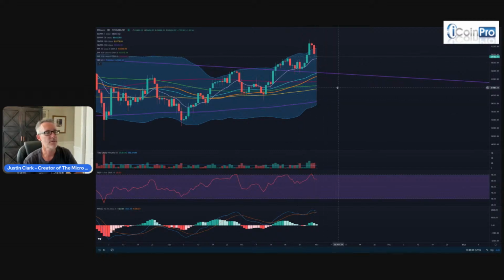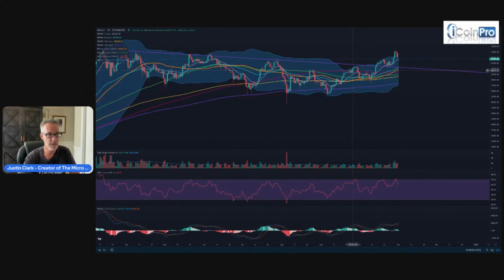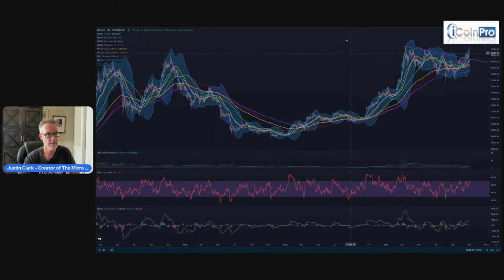They like to say in trading, steps to the top, elevator to the bottom. We've been doing some steps, so we could get some elevator action like that down at any point. And again, if we don't get through 74K, then we really run the risk of a double top. If we do get through it, then we could be looking at trading into a higher trading range, which could